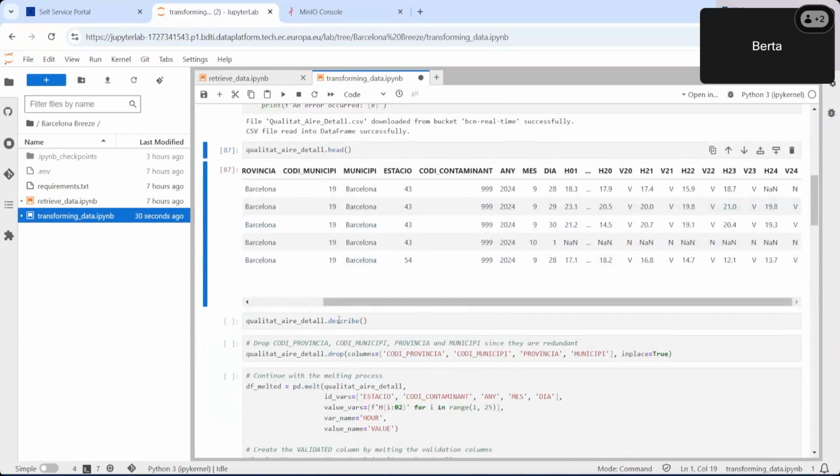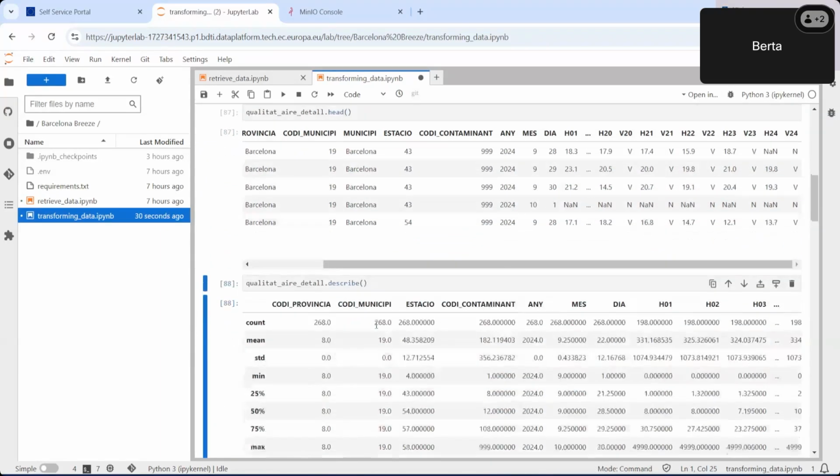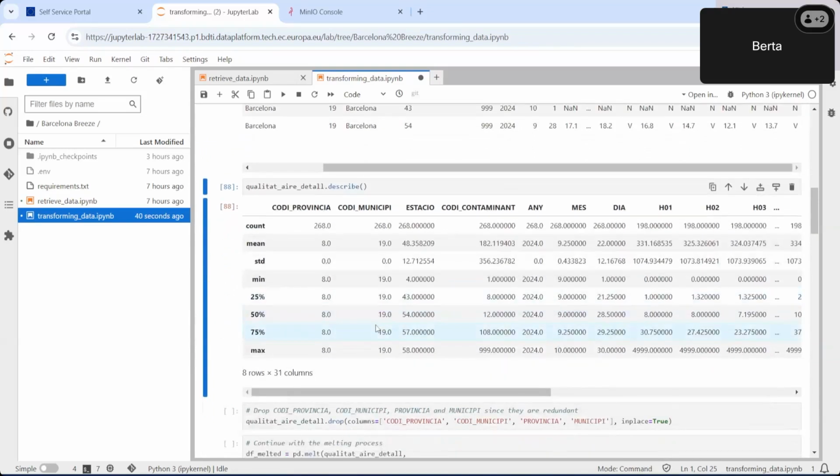We can get the main statistics for each numerical column. So by doing describe, let's run this. And now what we could do here is to get rid of the columns that are not giving us any variation or information. So we see that there's some columns that have the standard deviation as 0 and they have constant values on all rows. So for every row in the data frame, the value is the same for these columns. It's not giving us any additional information and it's redundant. So we can get rid of such columns.